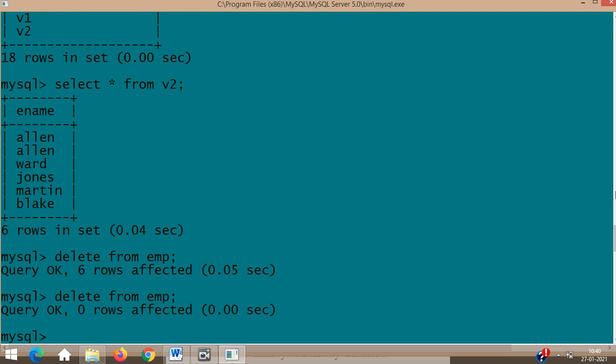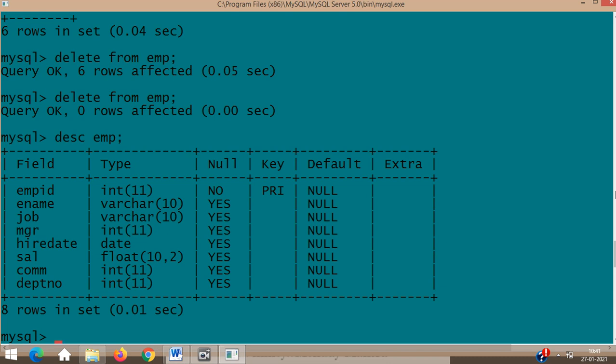So when you delete, you should be very careful and clear about what you're doing, because if you don't want to delete the entire thing, you shouldn't be doing it. But the table will be there. For example, if I write DESC, it will be there, but with no values. Understood? Now, which is the primary key here?